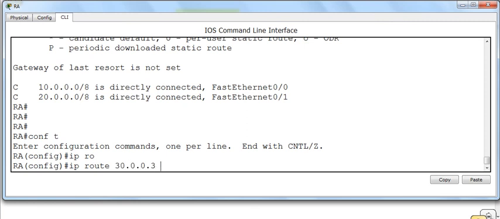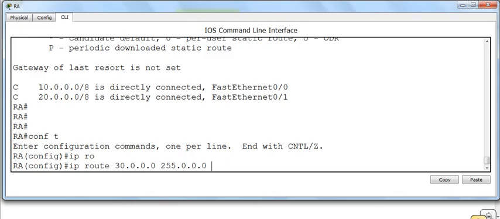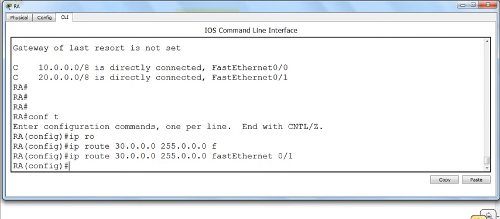You want to go to the 30 network, not the IP address. What is the subnet mask? 255.0.0.0, meaning only for the 30 network, send the packet via Fast Ethernet 0/1. You are sending the packet via Fast Ethernet 0/1. Alright.